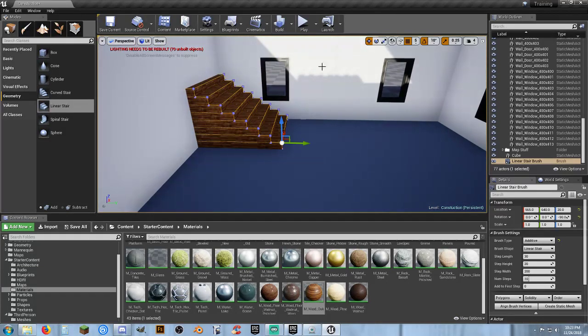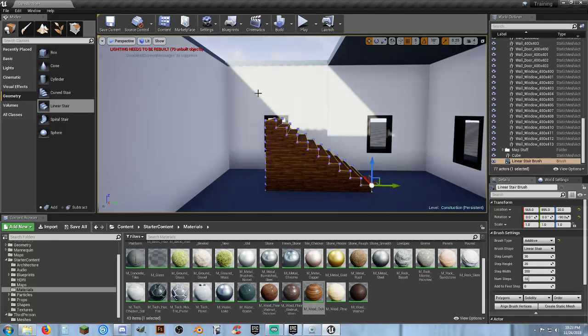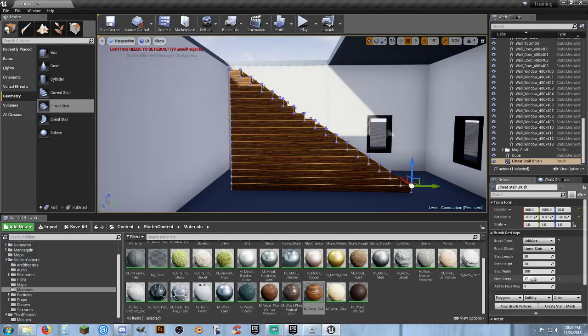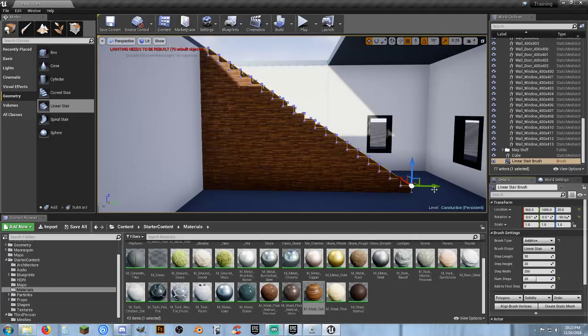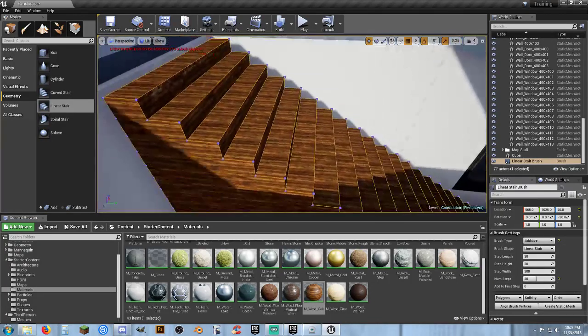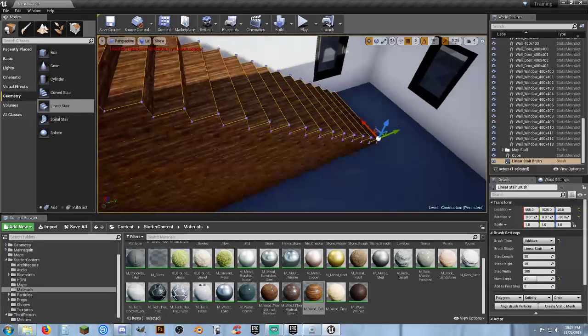Now, it also isn't going to have the right number of stairs. But before we turn this into a static mesh, we're going to make it into a floating stair. And let's actually go ahead and increase the number of stairs. And if we try to move it, we're not going to have enough room. And so we really need one more stair to make up that gap. So let's try 21 stairs will get us there, but